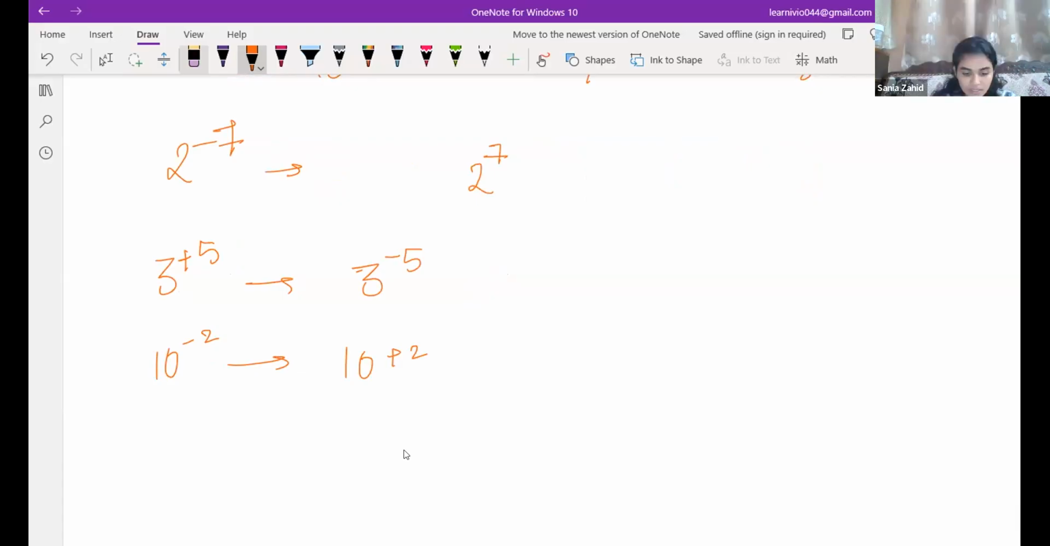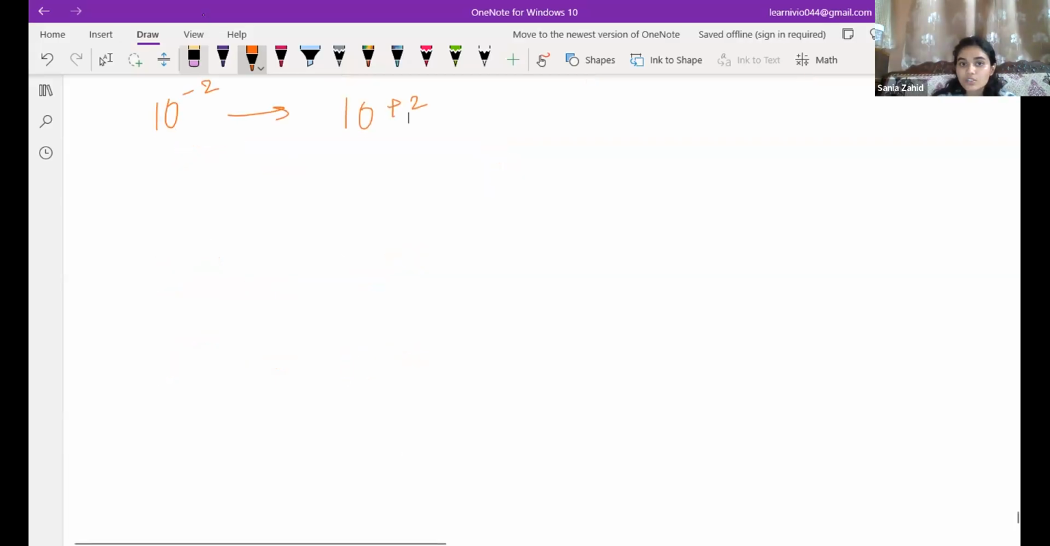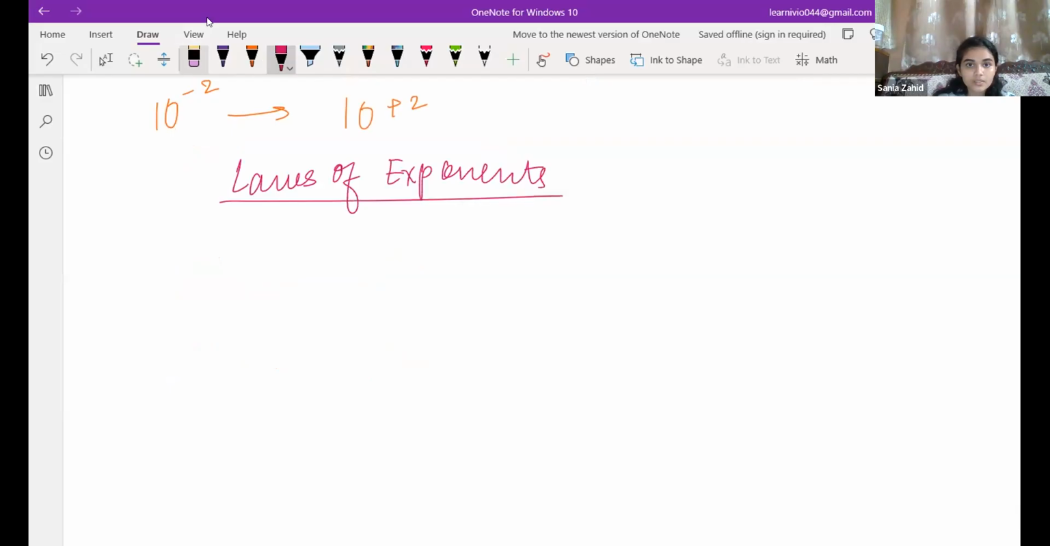Now we come to some other questions. Laws of exponents. Okay, children. So what are the laws of exponents now? We have basically 5 laws of exponents. So the first law of exponent is, yeah. So the first one is whenever you have two exponential numbers and they have the same base